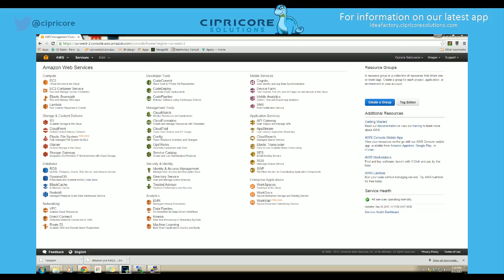But we also know that it's very important to be an active member in the development and technology community. So that is why we are here today, to share some of our knowledge and some of the stuff that we've gone through as we've set up our business and some of our technology tools that we use. So today we're going to be talking about how to set up a bug tracking system and